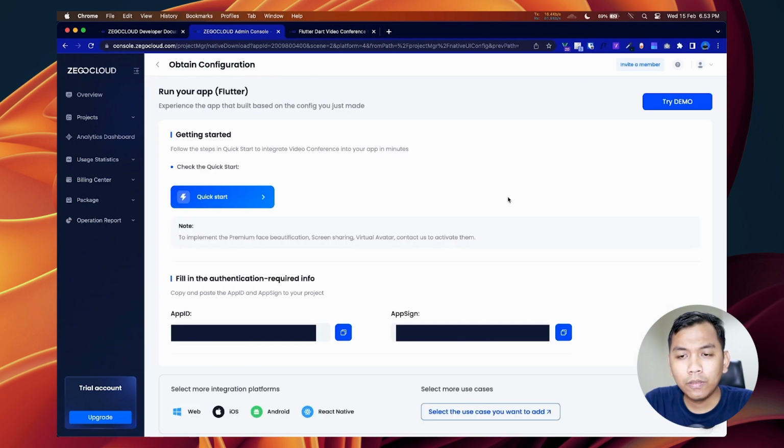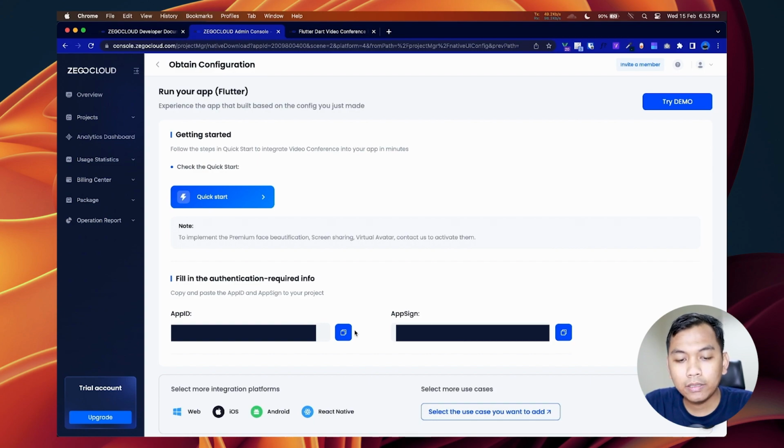So ZEGOCLOUD has created our project, and as you can see here, we have the app ID and app sign. Please keep your app ID and app sign secret. Don't share this app ID and app sign in your public repository.